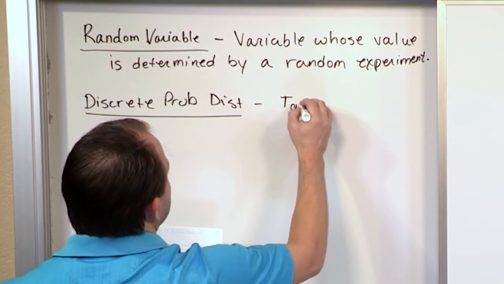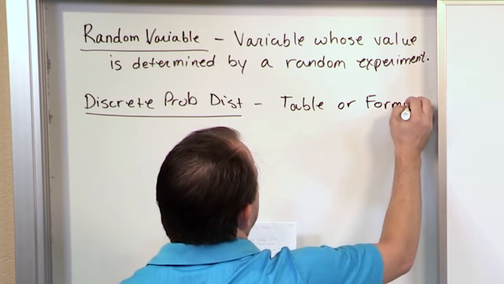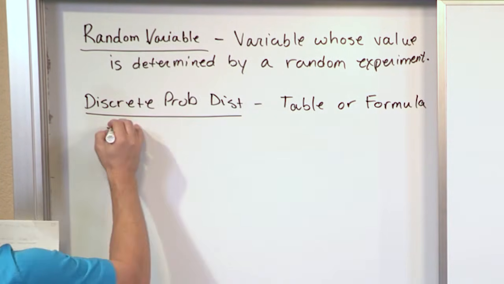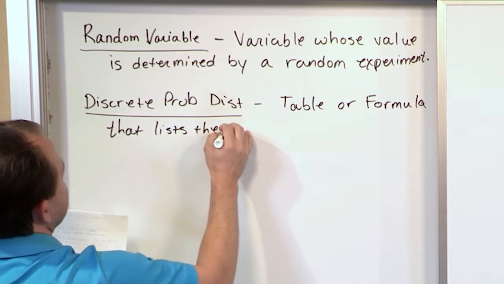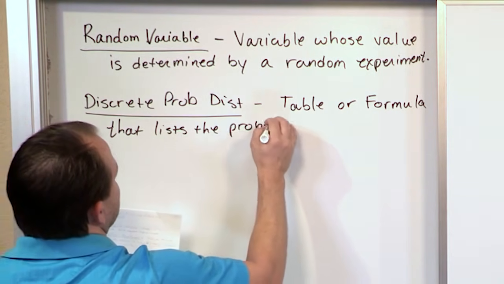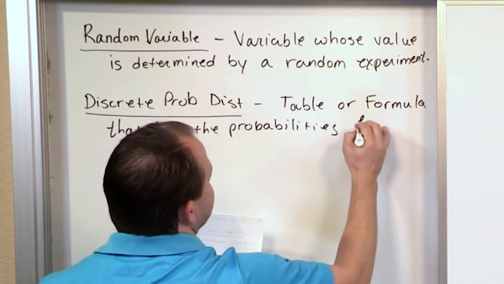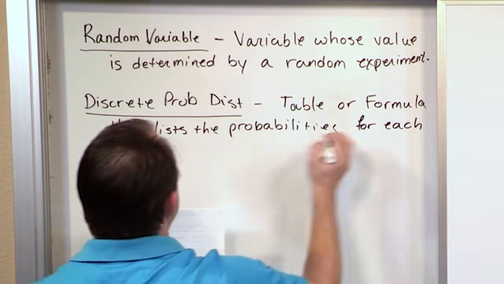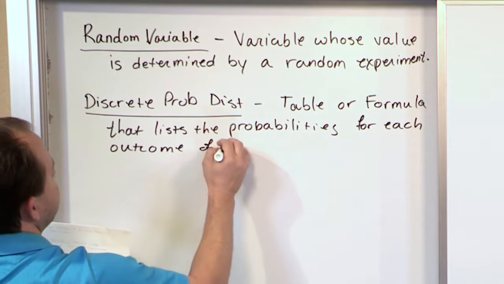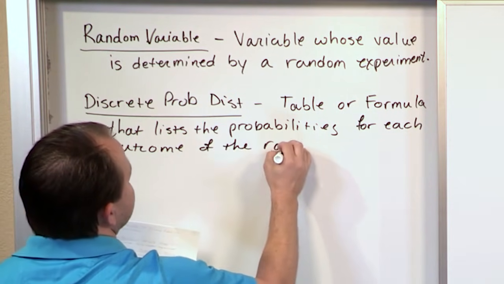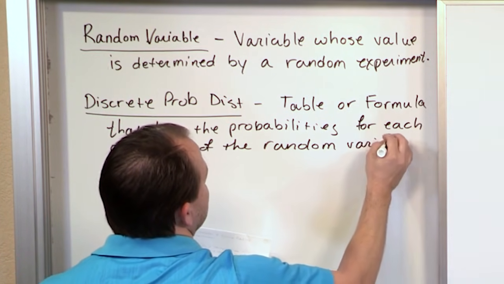It is a table or a formula that lists the probabilities for each outcome of the random variable